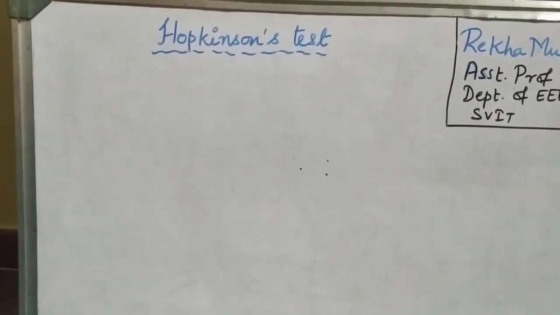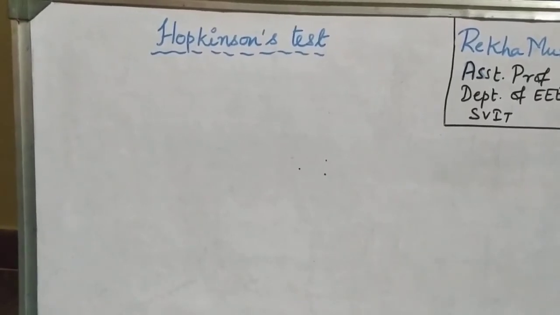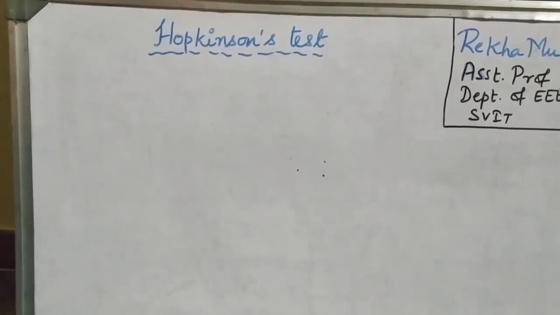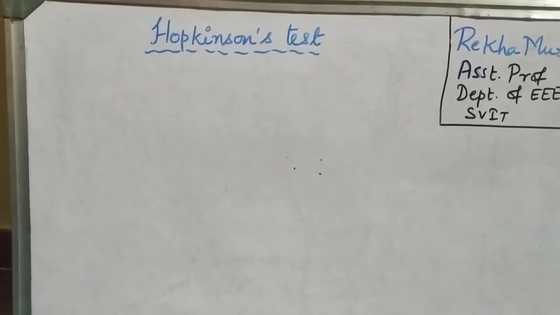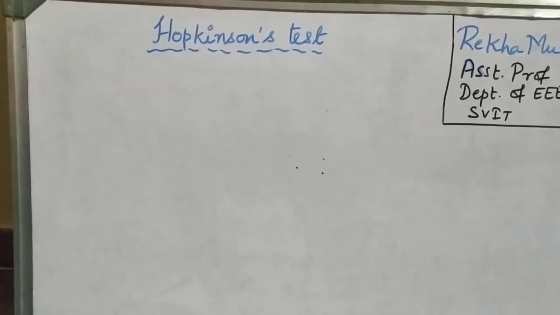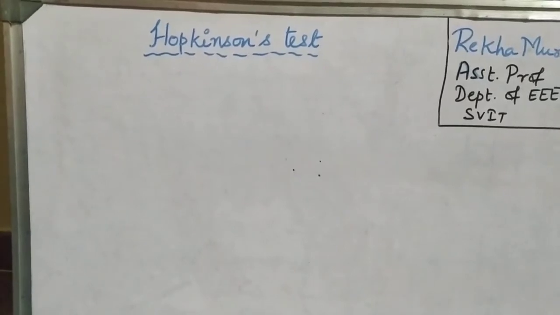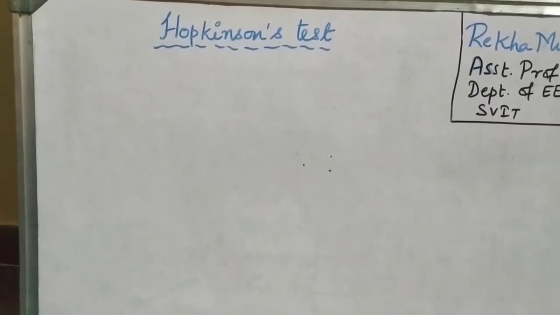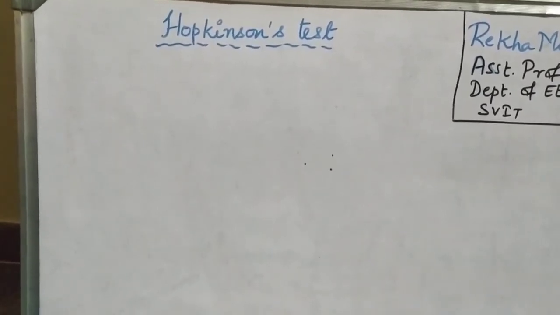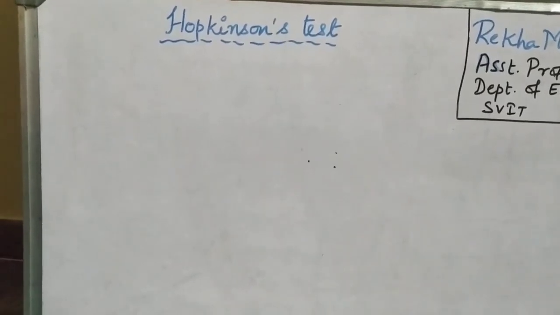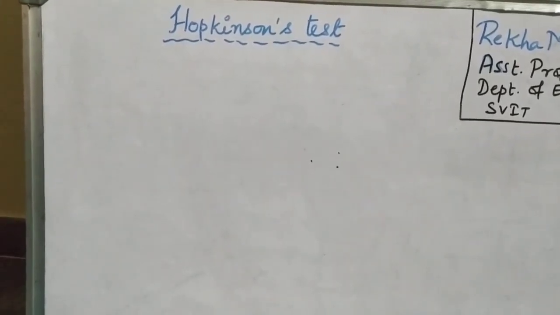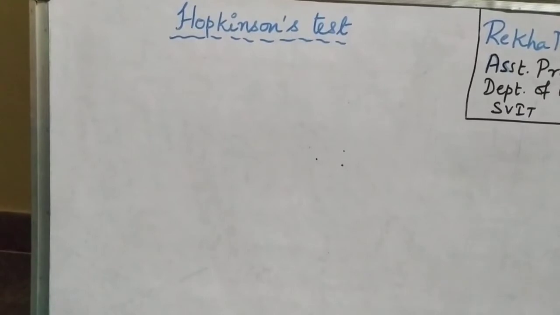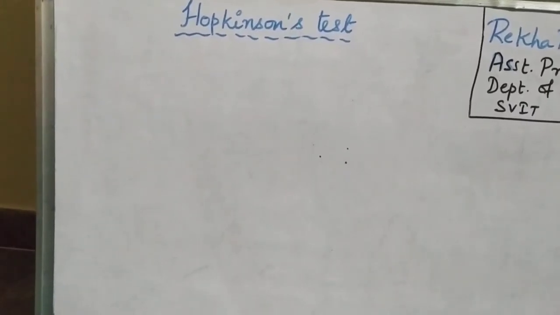Swinburne's test is called a no-load test. In that only a single reading is taken, and with that no-load value itself we were able to calculate the efficiency of the machine. But there are a few disadvantages. In Swinburne's method, the iron losses are assumed to be constant, which is not a true value, because they change from no load to full load. Due to armature reaction at full load, there is a distortion in the flux, so there is an increase in the iron losses.